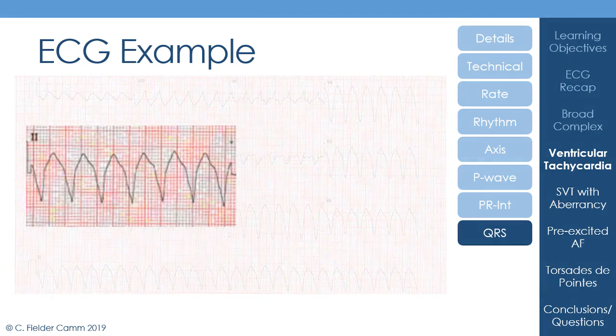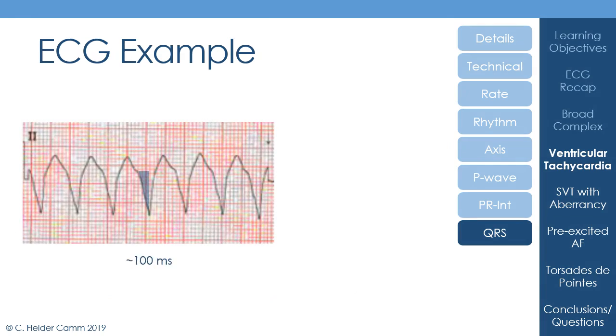And if we look at it here in lead 2, we can see that it's the first part of the QRS complex that's really broad. Okay, so that bit from baseline down, in this case, to the bottom of this Q wave is taking 100 milliseconds. Now, if you remember back to our discussion of bundle branch block,